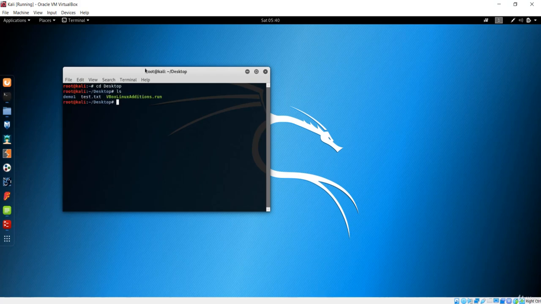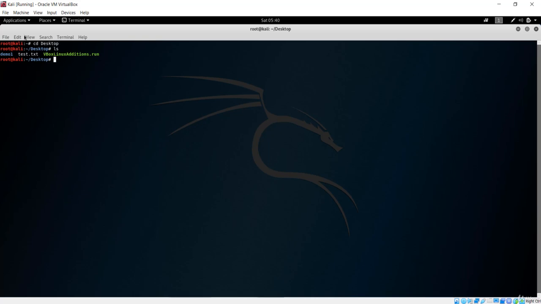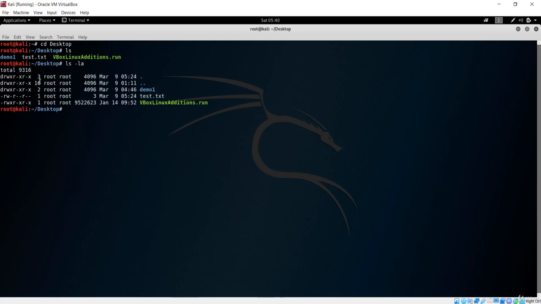If I say ls, this is going to give us the information that is inside this desktop. Next, I want to list everything, so all you need to do is simply ls -la, which will give every piece of information, including these privileges. Here you can see the syntax, and now we have the file group. The first one is for the owner and the second one is for the file group. So every file has this type of permission.